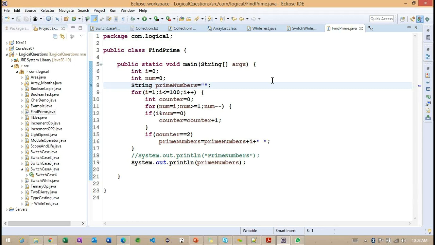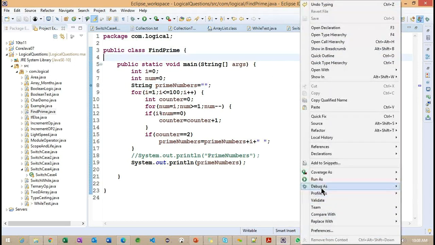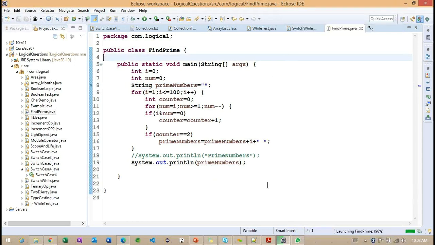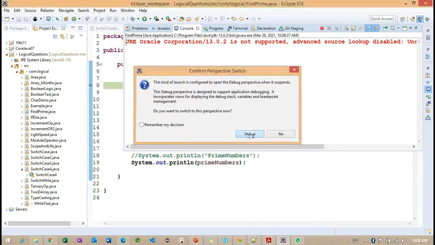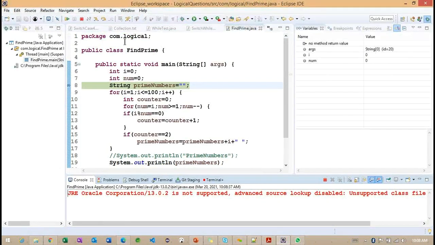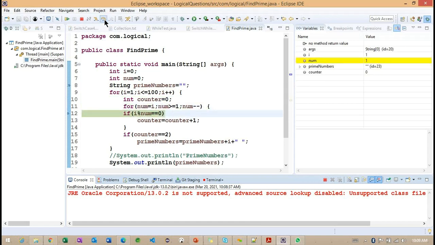I will put a breakpoint here. So observe carefully. We'll try to check with a simple example here. Move on to the debug part. We declare the three variables here, and I is equal to 1. Number we are having 0, counter 0, and the number we are going to get here, the I value, something called 1.